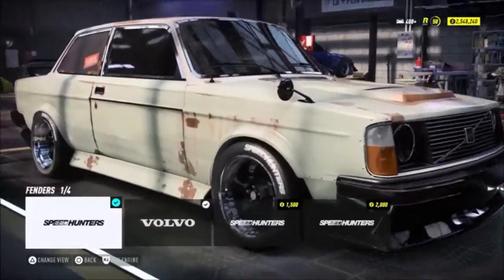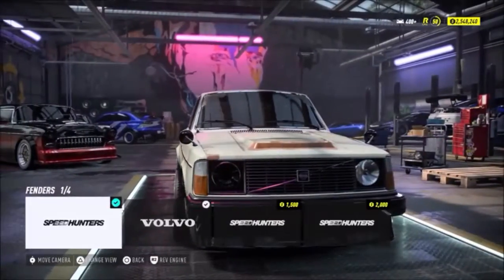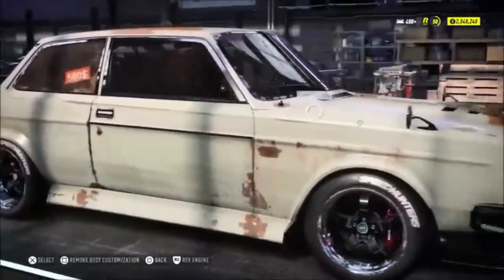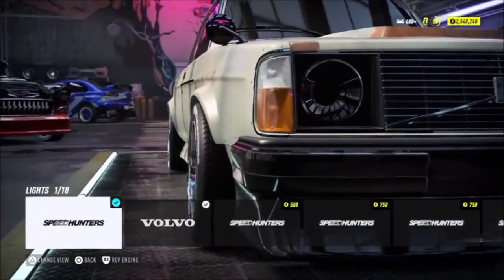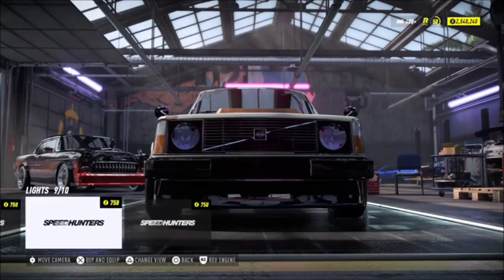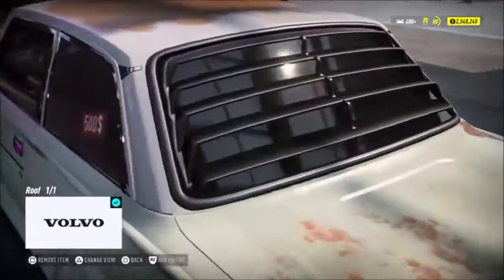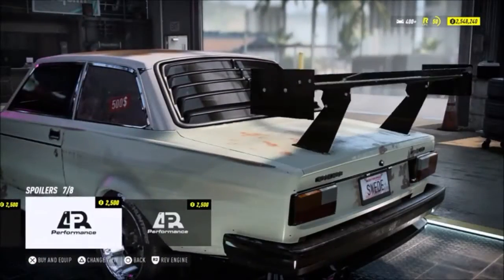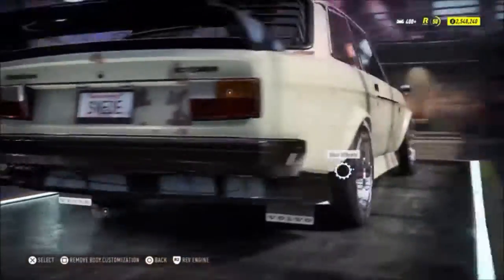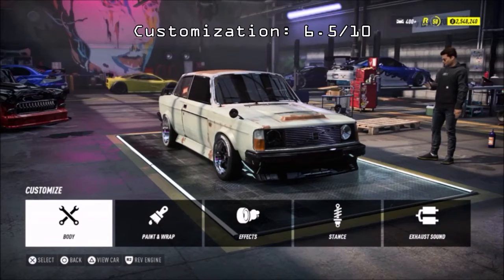In terms of customization, we got some unique different fenders, and there are many different headlights. Like the one I'm using now, the turbo inlet, taped Riley lights, different colors. You got these, there's different spoilers. There's only one diffuser and one side skirt, which is weird, so I give it a 6.5 out of 10